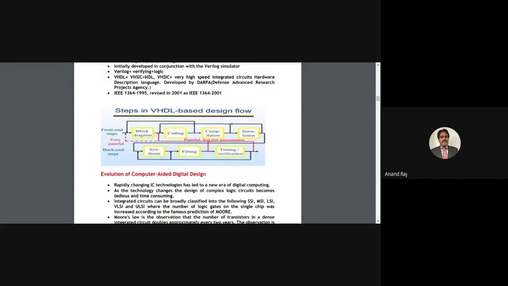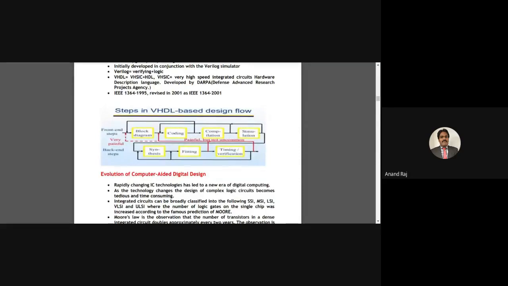Then after synthesis, it is your fitting. Fitting stands for where to fit the different blocks of our design. Suppose if you plan to build a house, before building you should have a plan. Likewise, if you want to build a system, before building you should plan where to fit your components.